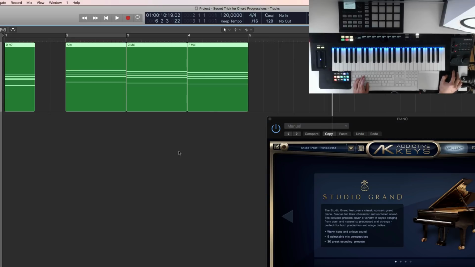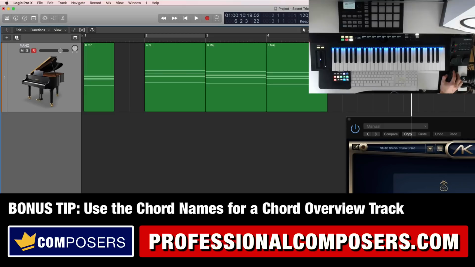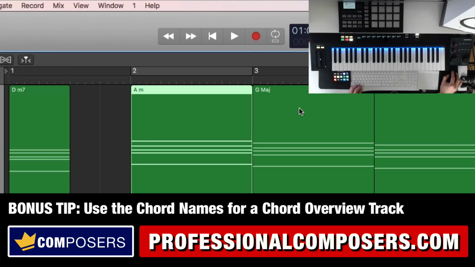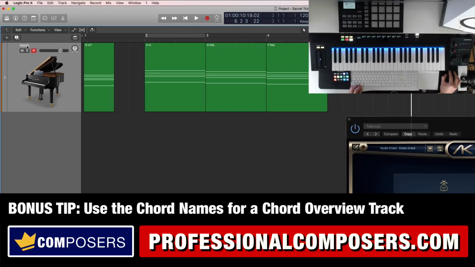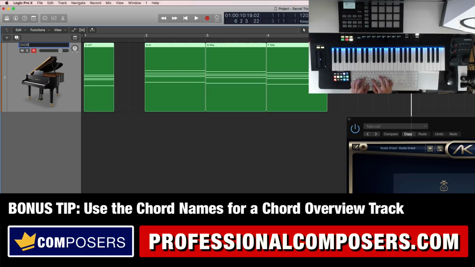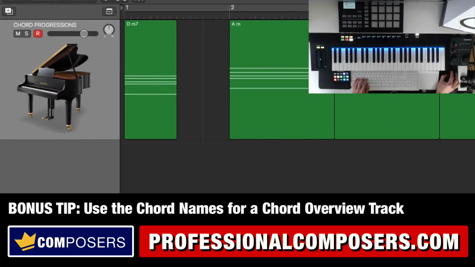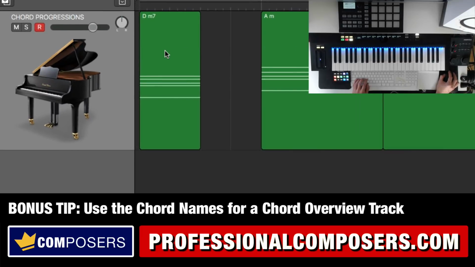of your chord progression. And now for the bonus tip, which is my favorite part of this Educator chord progression app. And that is, if you move in closer here, you can see that you actually get the chord names for each chord you drag into your sequencer, which means you can make this track your chord progression track. Meaning you can have it at the top of your sequencer to always show the chord for the chord progression